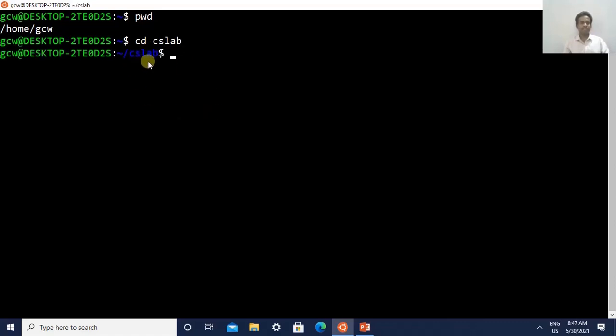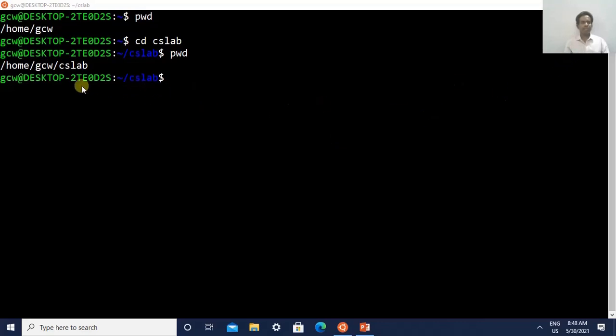Now you type the command pwd. It displays gcw/cslab. It means the pointer changed from gcw to cslab.